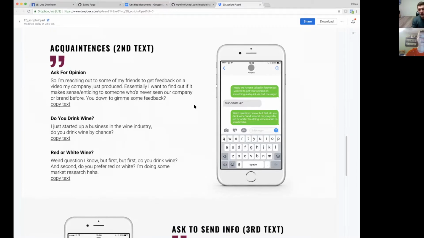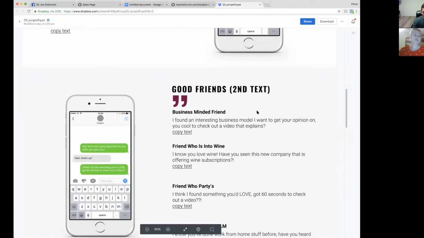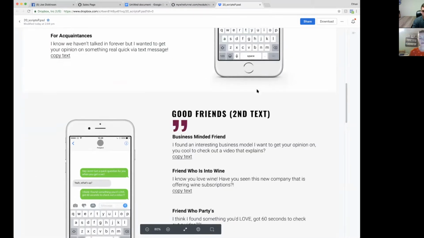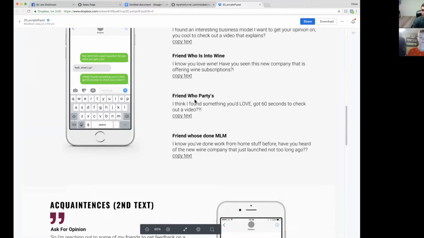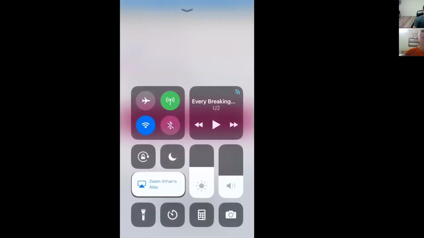And by the way, guys, feel free to put these scripts in your own words. They're just guide points. You don't have to use them exactly, but you absolutely can. So what I'm telling you is, when you lead in with the first text based on friend and acquaintance and they respond, you then have the follow-up scripts to use. So let me go ahead and jump back to our app so I can show you exactly what I'm talking about. So there's no questions here. Let's go ahead and do a screen share on the app again.